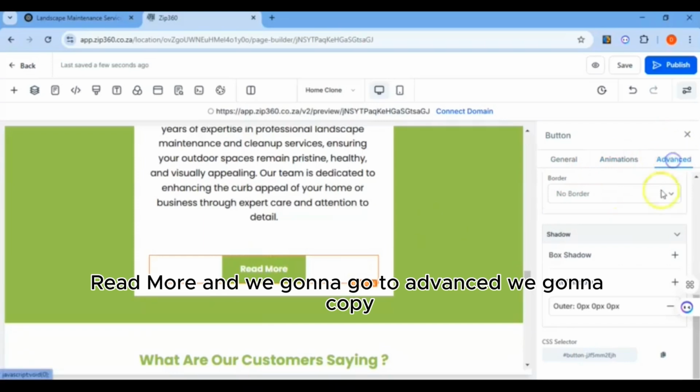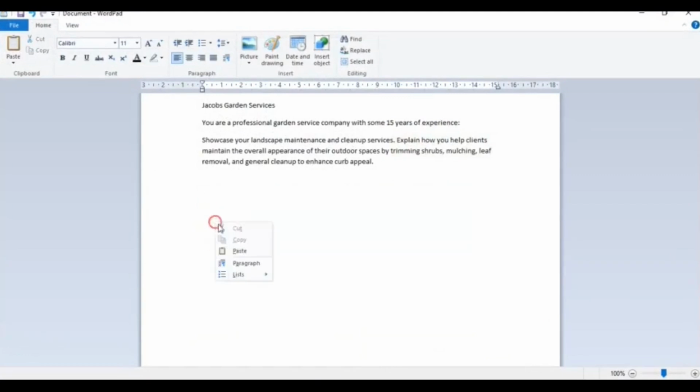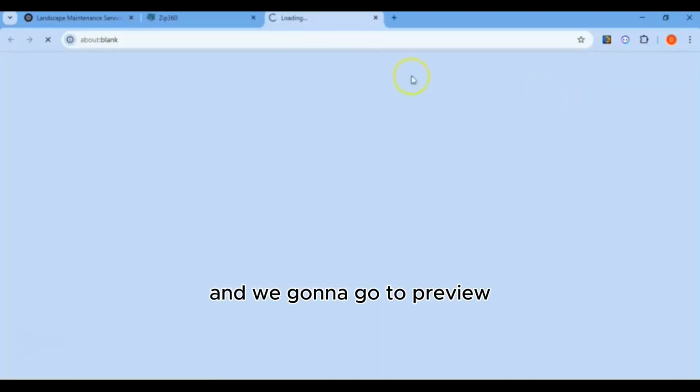Go back, and now we're going to go to advanced, read more. We're going to copy, paste here, and go to preview.